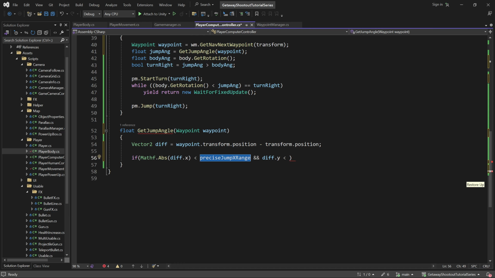Since it really doesn't make sense to be jumping precise when it's above the waypoint, it'd be like jumping through the ground. So